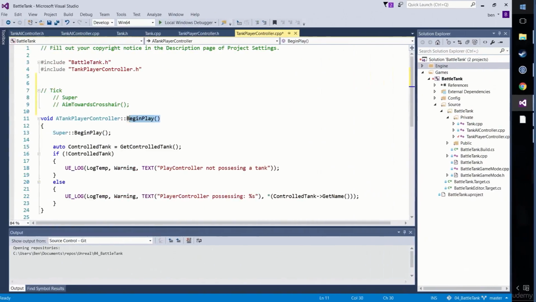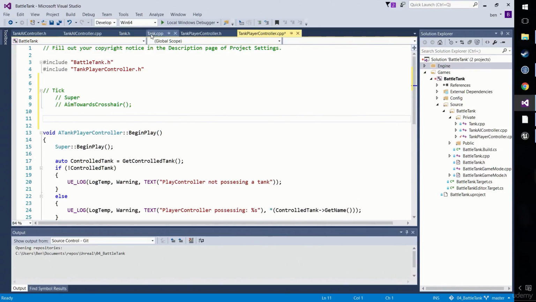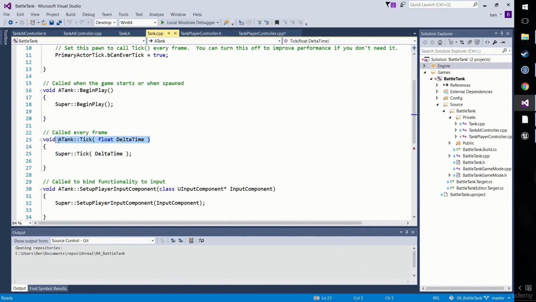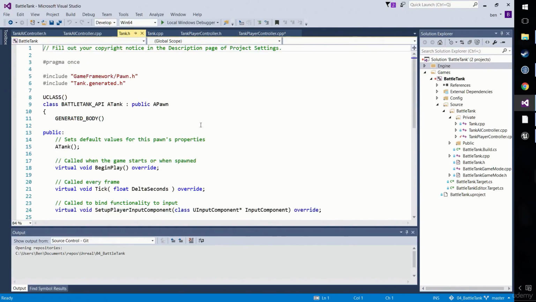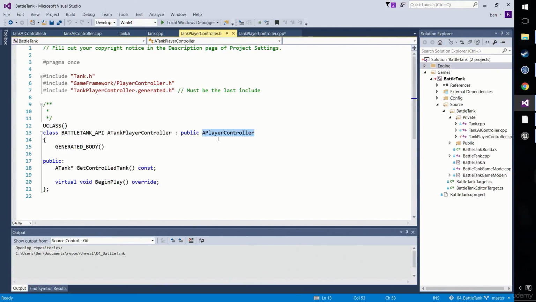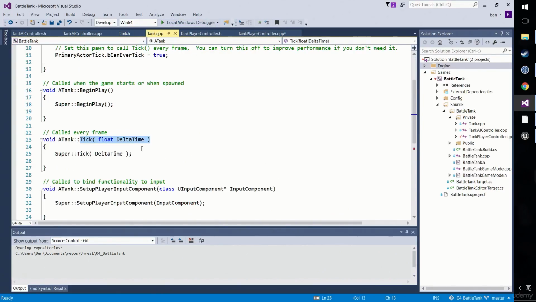Welcome back. Let's take a look at how we're going to do that. I'm going to look at Tank CPP for inspiration and remind myself that Tick tends to take float DeltaTime. Now this is risky, by the way, because the tank player controller is based on the APlayerController class and the tank is based on the APawn class, and it may be that the way that player controller and in turn controller implements Tick might be different, but I don't think it is. So as a first port of call, let's just assume that we have exactly the same thing,